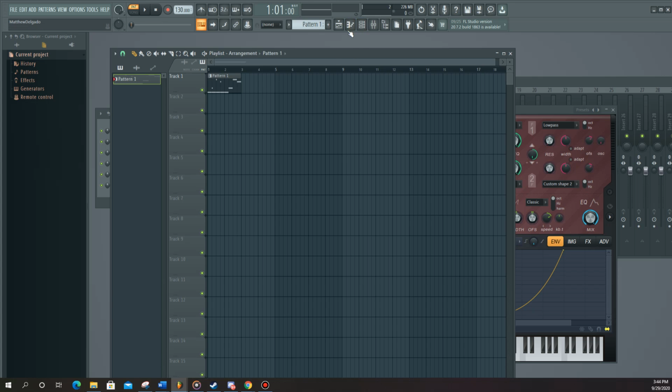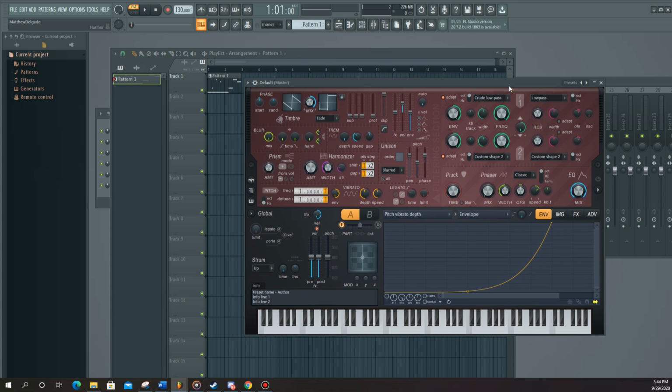If you're new to FL Studio, you should really familiarize yourself with these 5 buttons here, because they are probably the most important and you'll be using them a lot. Anyways, open your arrangement, and